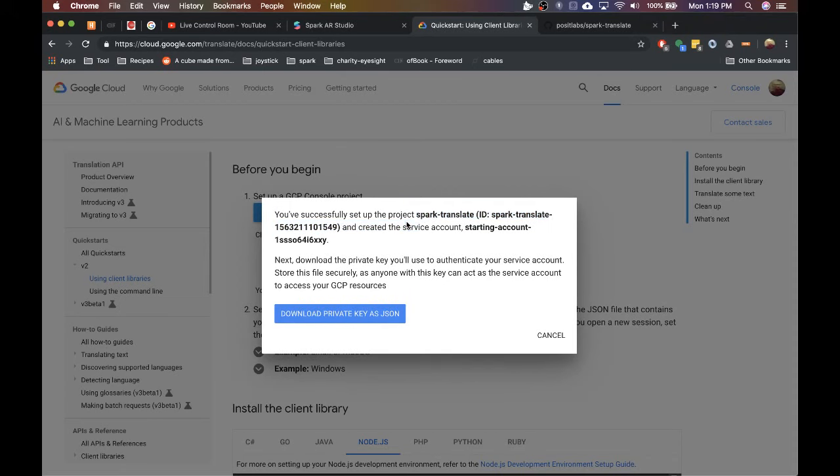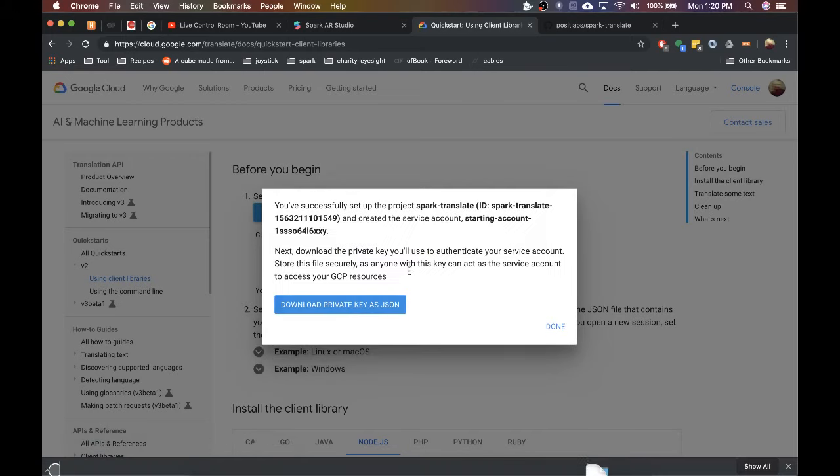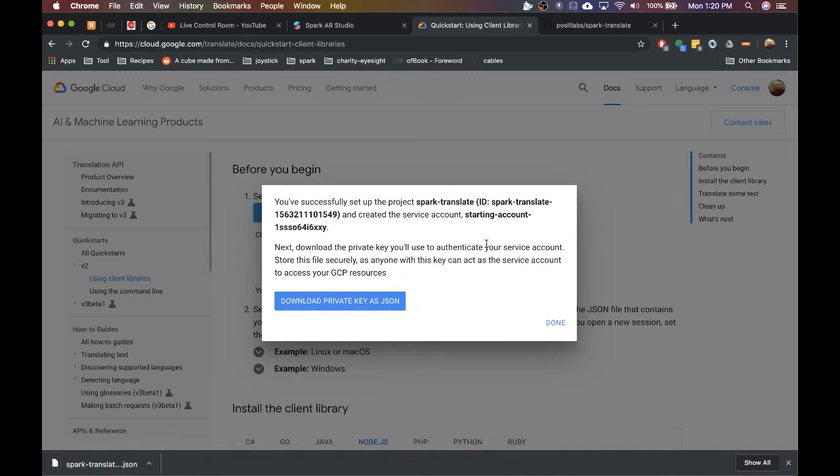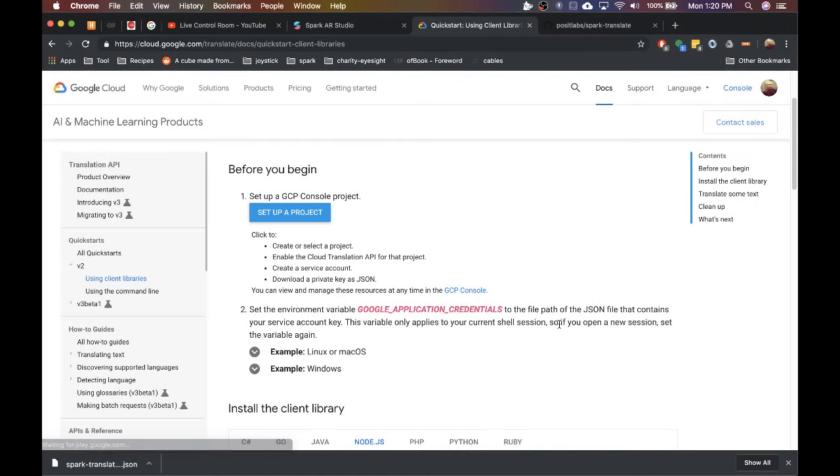Okay, so I enabled billing, and now it's giving me this private key. I don't think I need this, but I'm going to download it anyway, because once you go past this page, I think that's the only chance you get to download it. So download it,